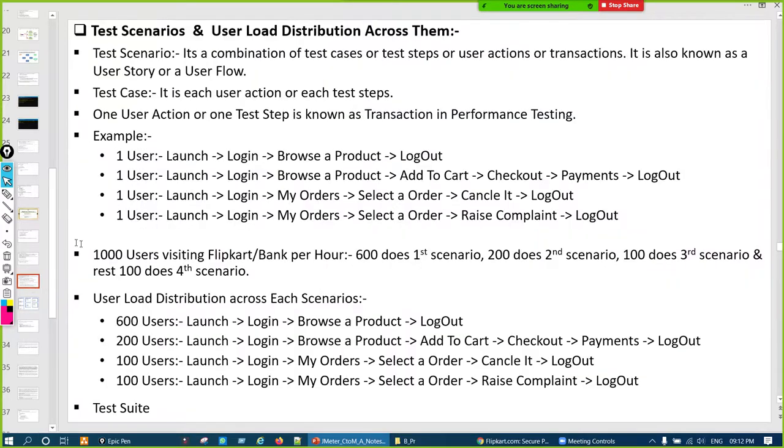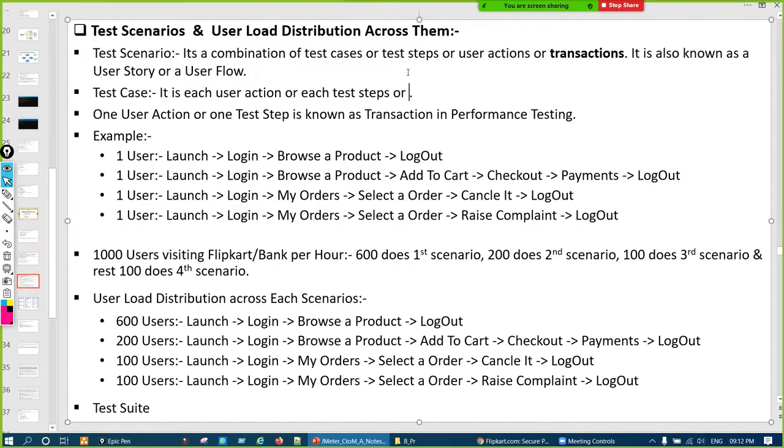Now coming to the test scenario part. A test scenario is a combination of test cases, test steps, user actions or transactions. It's also known as user story or user flow. A test case means each user action or each test step, or each transaction.